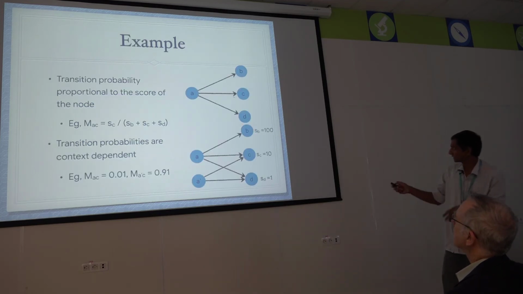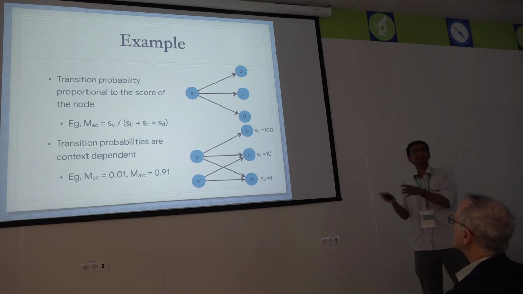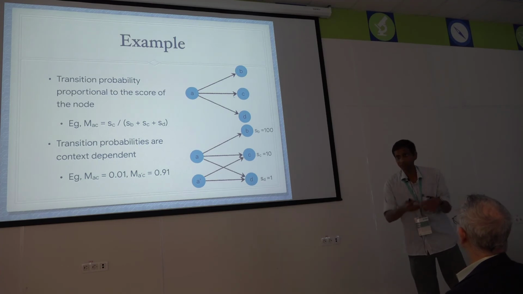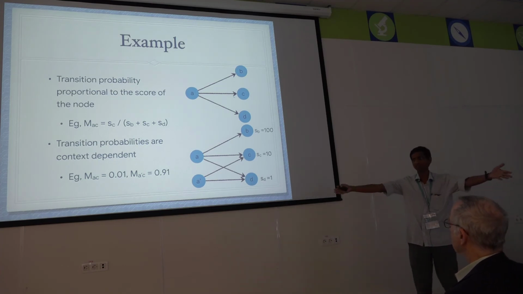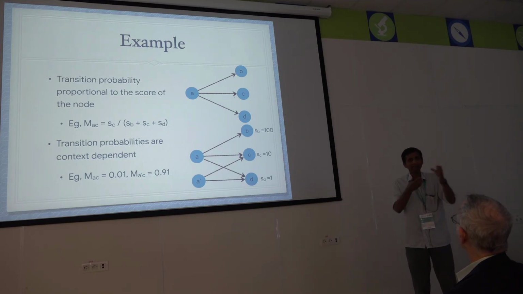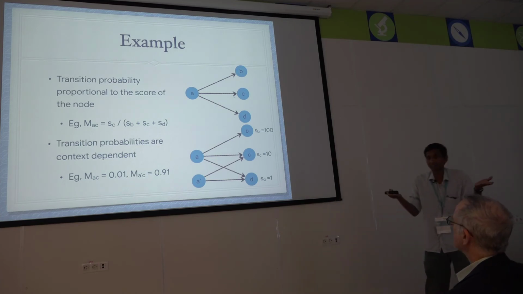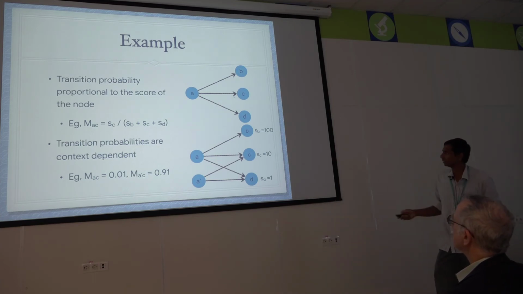So let me skip this example. It's very clear what it means. What it really captures is the fact that the transition probabilities are context independent. That exactly brings back the question Joel asked. If I'm given a bunch of like 10 bad restaurants, the choice probabilities would be very different than given 10 bad plus 1 good restaurant, right? Because naturally the denominator captures that. That's what this one is good about.